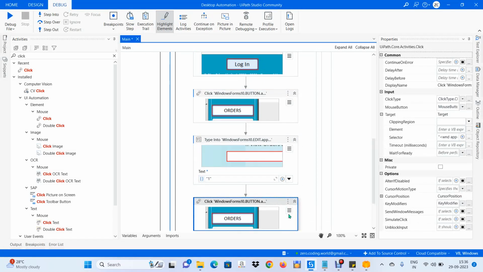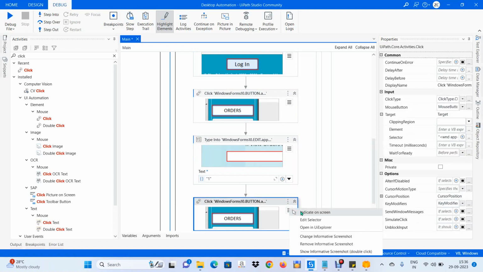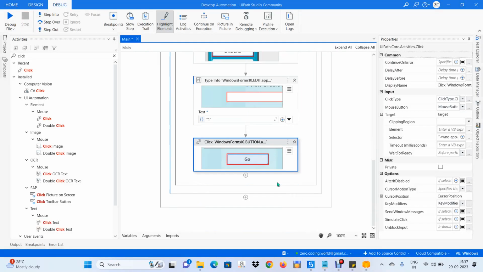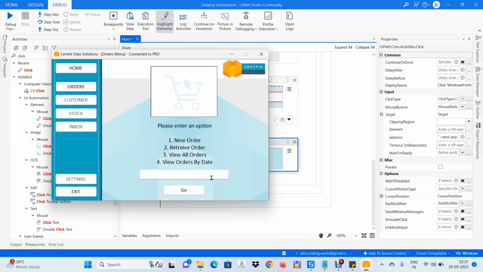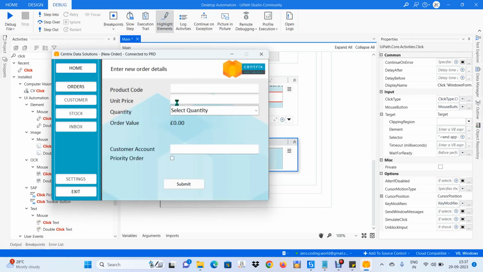The next step is we have to again click on that go button. So that is our next step. So I'm indicating this go button for now. Now this will also be done by the bot, and the next step is it will take us to the product details page, and in the product details page we have to enter the product code and